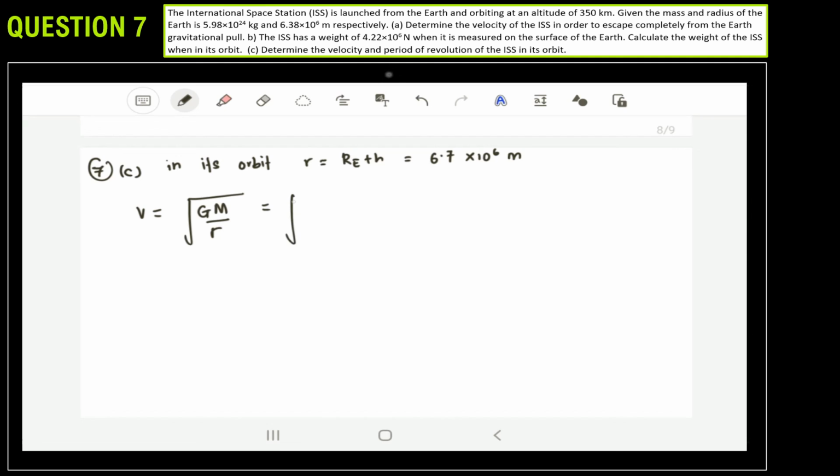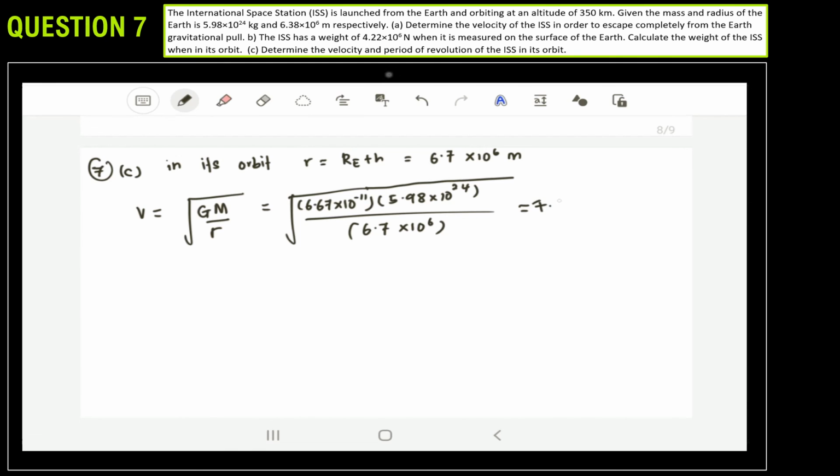G is 6.67 times 10 power of negative 11, and the mass is 5.98 exponent 24, divided by 6.7 times 10 power of 6. And the answer is equal to